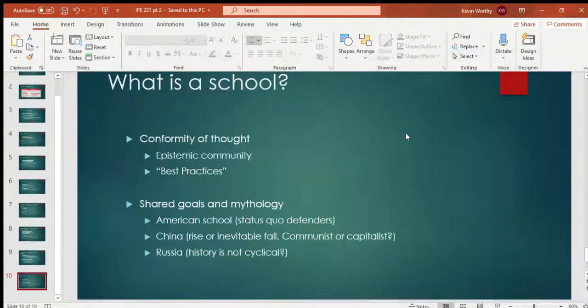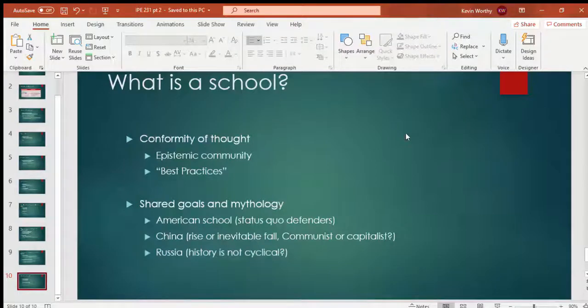Now, outside of the American and British schools, you have other schools. We only really deal with the English-speaking world because very few political scientists speak enough languages to pull from different worlds. What we do see in the Russian context is the idea that history is not really cyclical, that you can't just expect Russia to rise to great power naturally, that there has to be will. It's very constructivist agency. A lot of these countries say, the system the way it is, we're not going to do anything, so what we need to do is work on it. We need to embrace this and push ourselves through. If history is not cyclical, then we can change it. So that's a school.